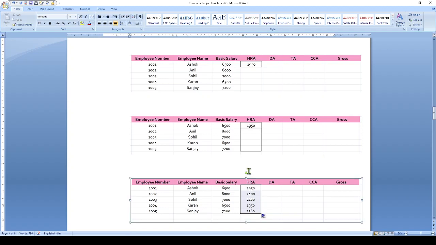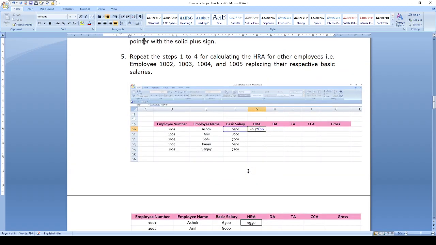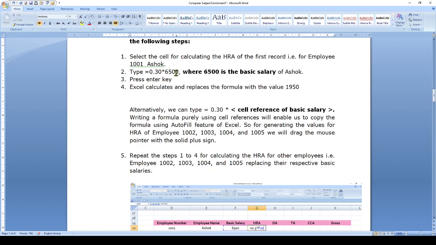Now alternatively, you can also write the cell reference. Instead of writing the value 6,500 as the basic salary, you can type the cell reference where the basic salary is located. So alternatively, we can type 0.30 into the cell reference of the basic salary.